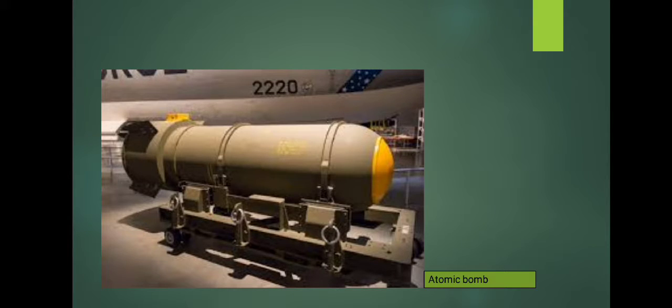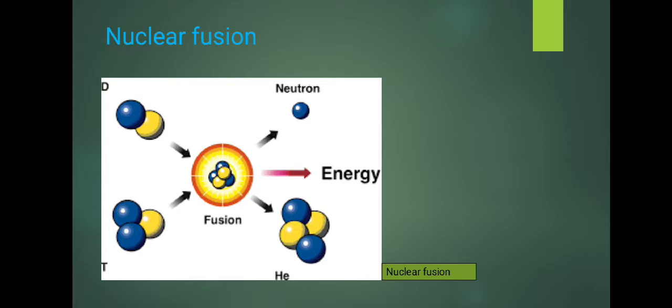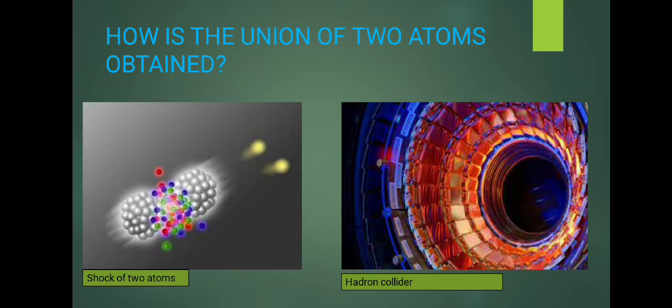I already explained one way to get nuclear energy. Now we are going with the second one, which is nuclear fusion. This energy is simply the union of two atoms. But how is the union of two atoms achieved? The way to unite them sounds simple, but it is more complex than it sounds: making atoms collide at high speed.